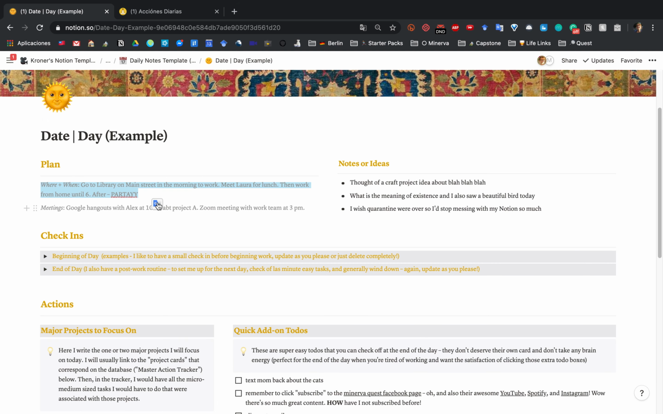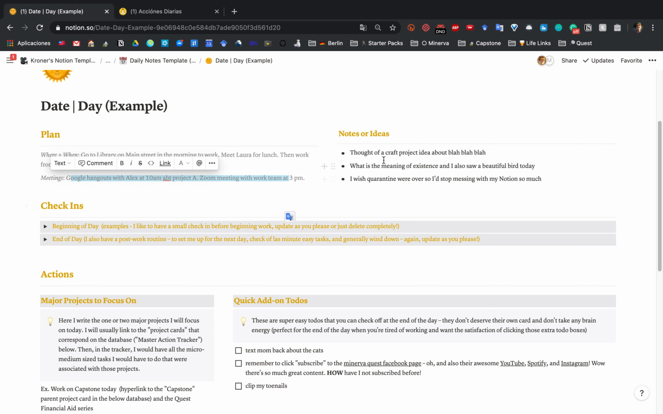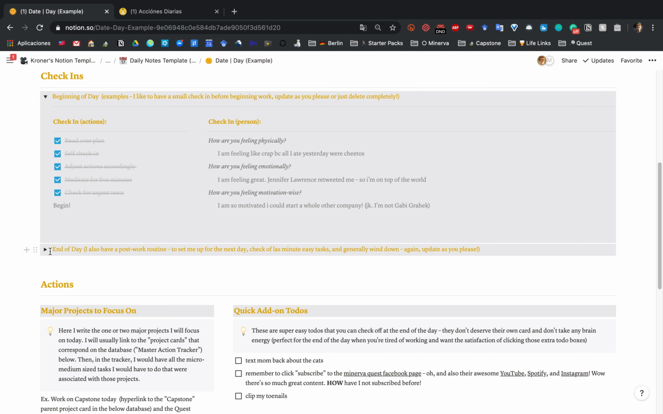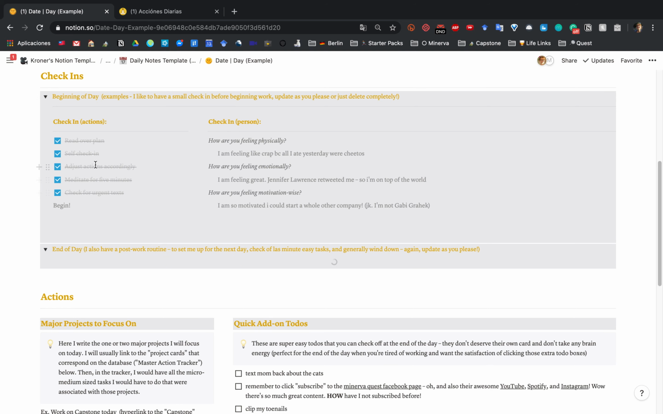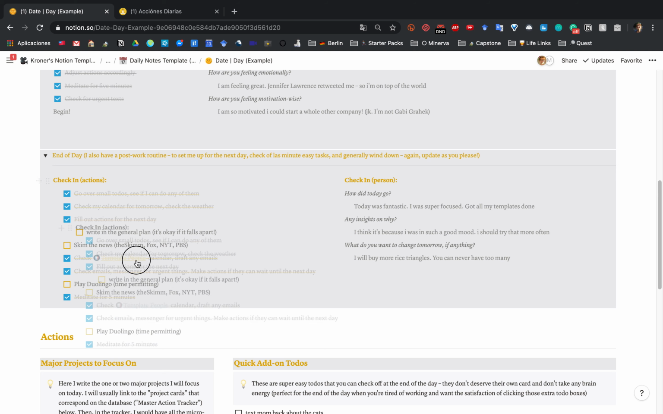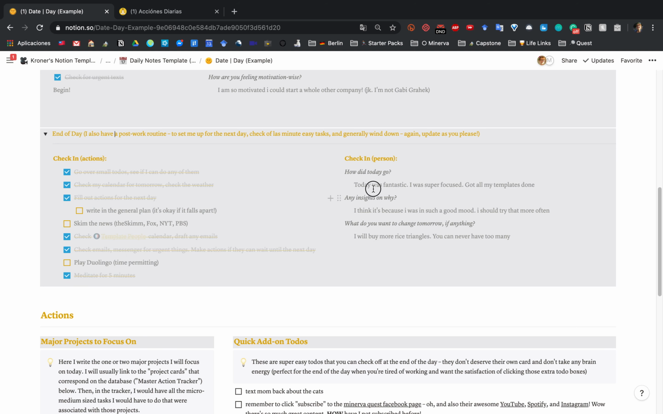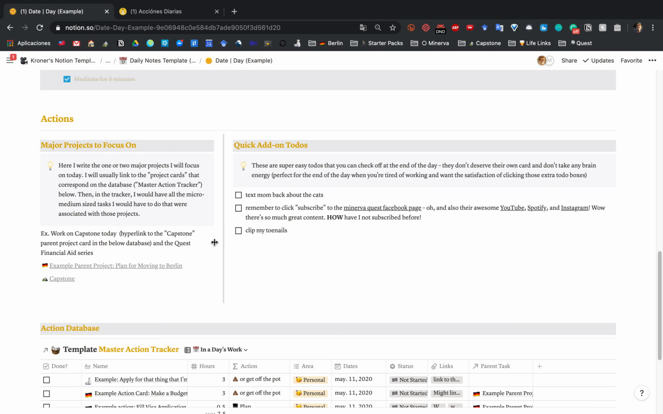I make a plan just so that I'm aware of what I'm supposed to be doing. I have what meetings I'm going to go to. I write down my notes here during the day. I have a check-in at the beginning of the day that's like, how am I feeling, etc. Meditate, self-check-in, read over the plans, and then look at the news is my end of the day. How did it go? Any insights? Then I say, here are the main projects that I'm going to be focusing on today,